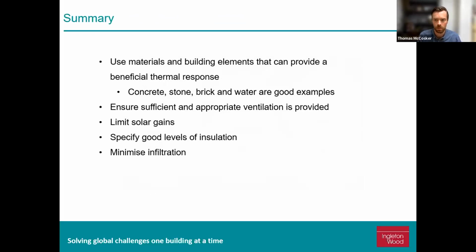So in summary, these five considerations can help pass, but don't necessarily guarantee a pass, for dynamic thermal modeling Part O, and also help for TM52. You'll note that some of these key points are exactly the same, or at least very similar to the ones Jason laid out earlier. I've kept them in because there are different considerations with the dynamic model than there are with a simpler model. Sorry, Jason. It is still quite a lot of work to run a simple model for overheating in Part O.